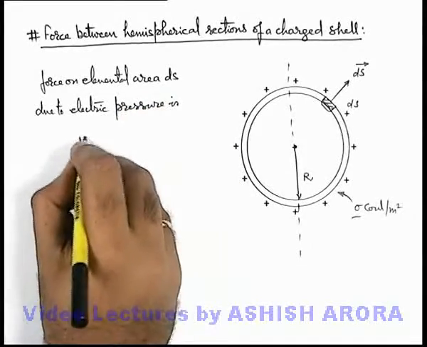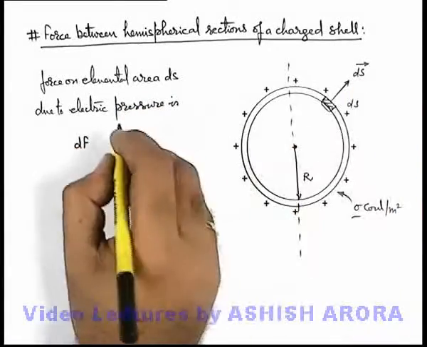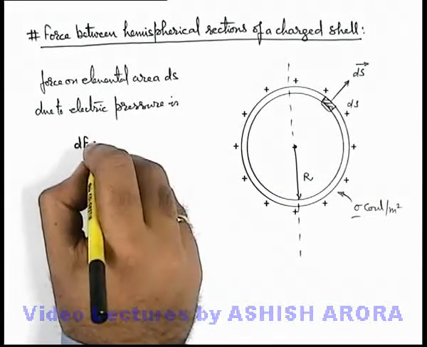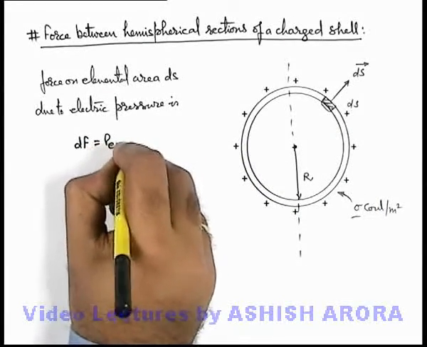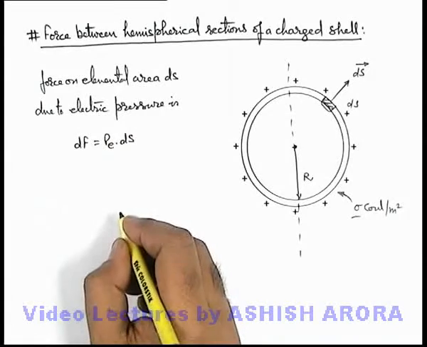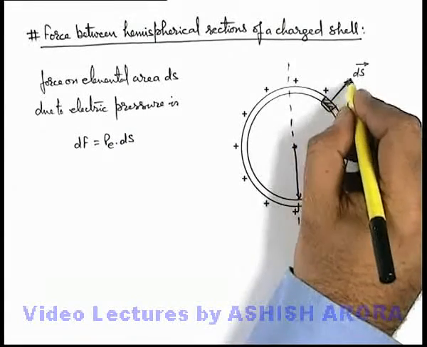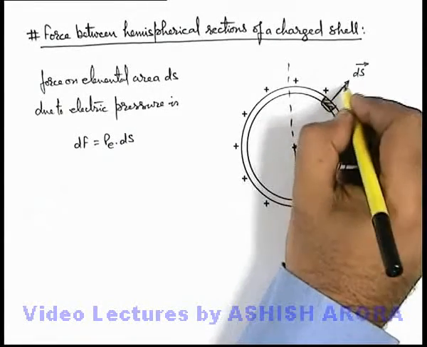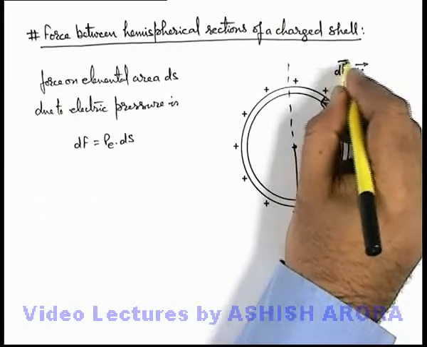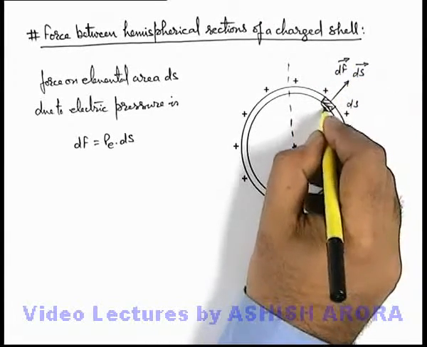this can be written as df, which will also exist in radially outward direction. So this df will be electric pressure multiplied by the area ds. And in this situation, this will be the direction of force. So df will also exist in this direction. And say if